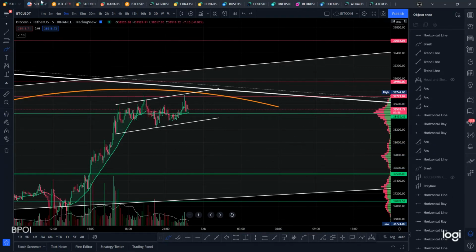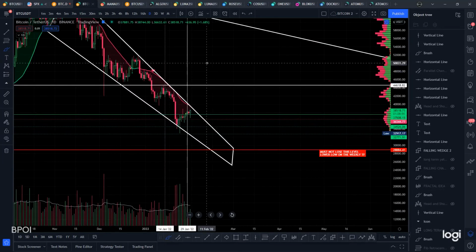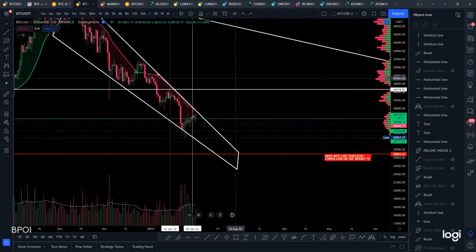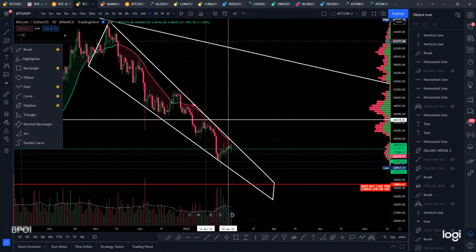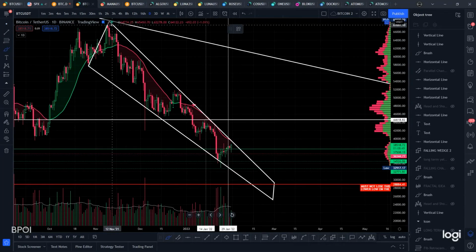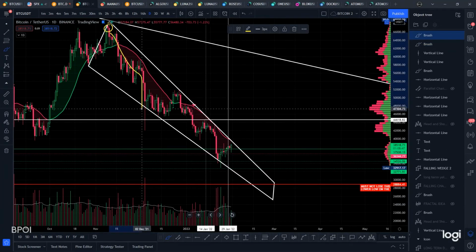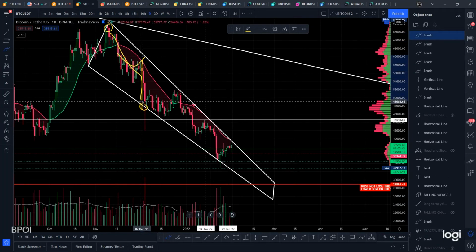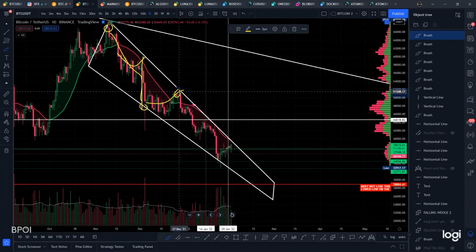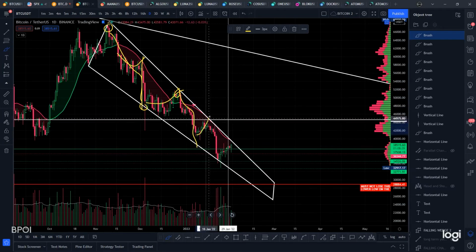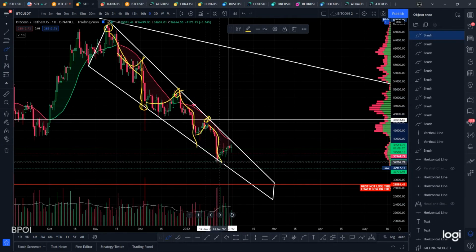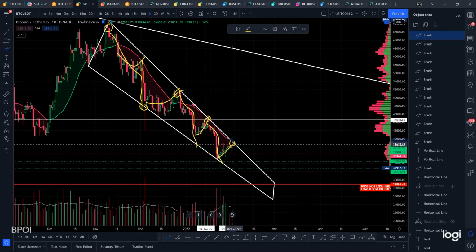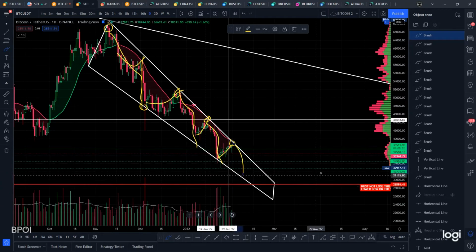So let's just quickly remind ourselves what's happened previously when we've tested this trend line. We can see here when we tested first time, rejection, moved down to the bottom trend line. We almost tested it again, moved down. Tested it again, upper trend line, moved down. Tested it again, upper trend line, moved down. So we're testing it again at the moment. If we see a move down, potentially we're going to see anything between 28 and 32